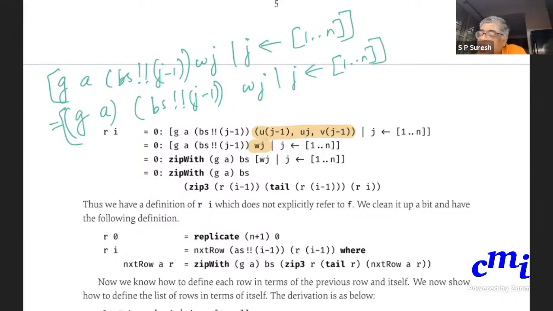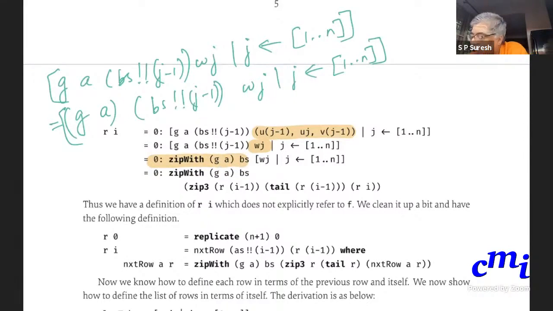So this is the same list. But now I can do zipWith. Every corresponding element in 2 lists I have to do something, so I can do zipWith. What am I doing zipWith? The function is g applied to a. It's a partially applied function. So I'm saying Ri is 0 colon zipWith of ga applied to bs.